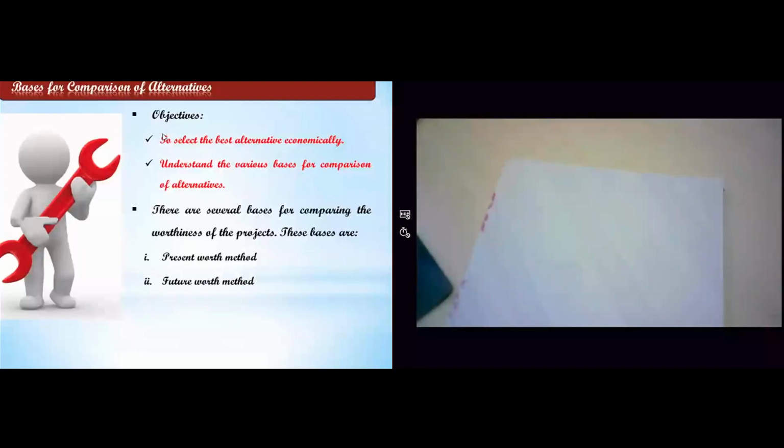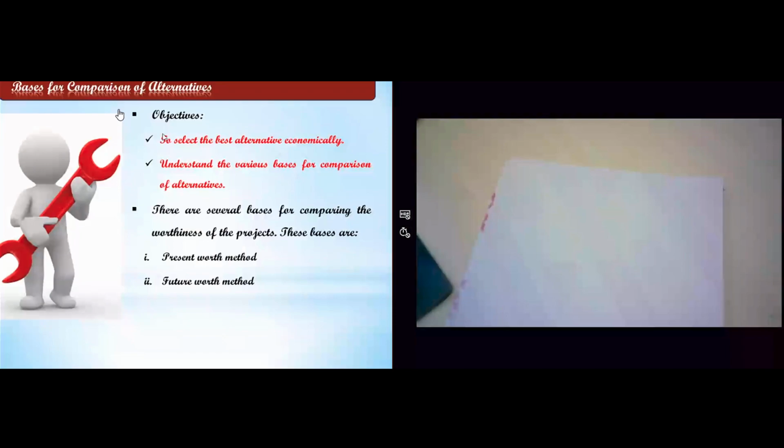Cash flows to the final time period, and depending upon the value, we will find out whether to go with the equipment or not. So generally in the case of future worth method, we will be using the equation F = A × (F/A, i, n), or if it is a single payment, we will be using F = P × (1 + i)^n. So these two equations will play an important role when it comes to future worth.